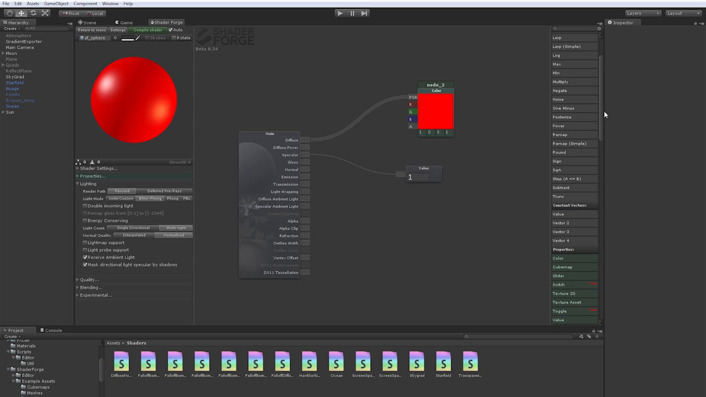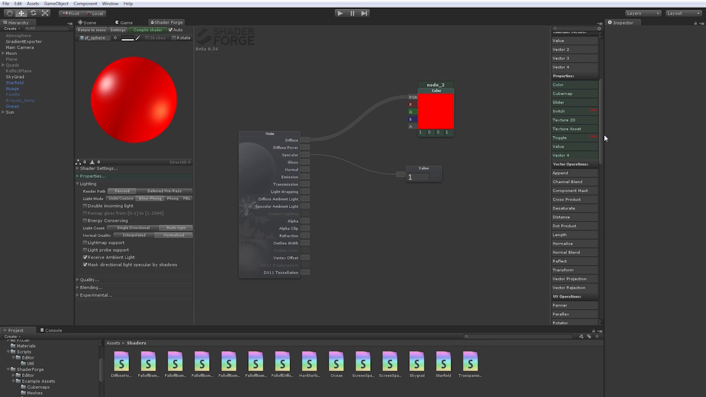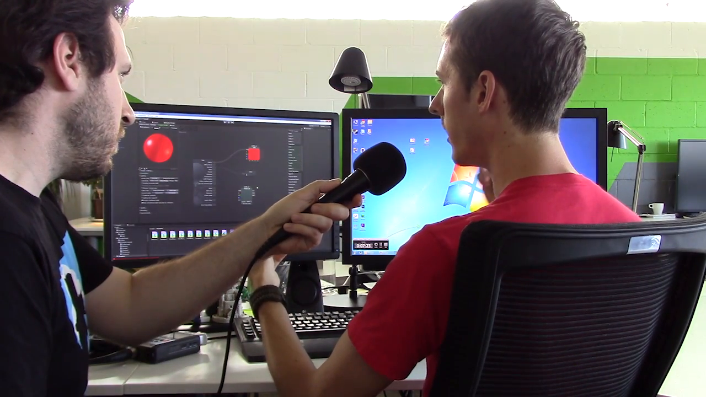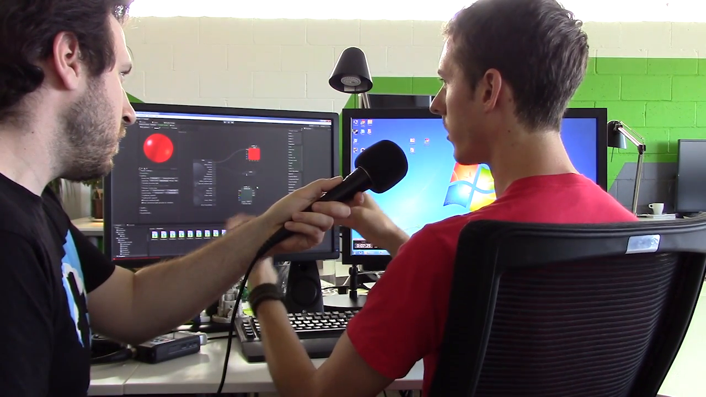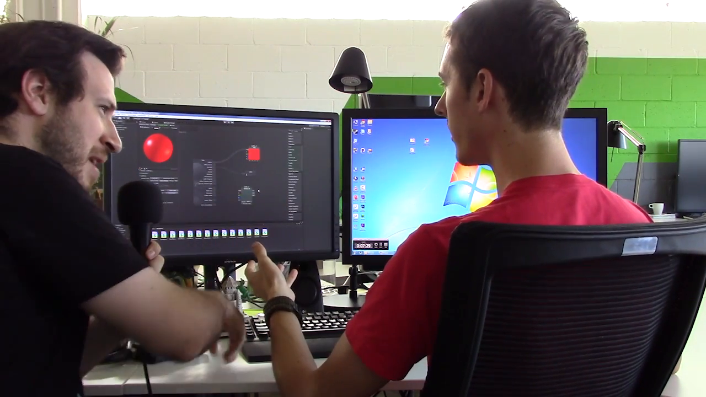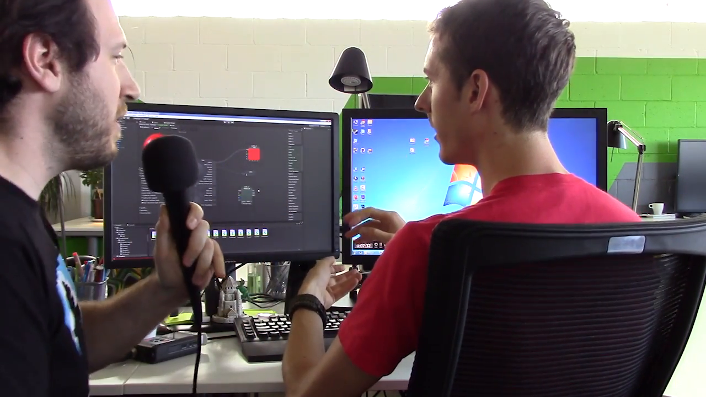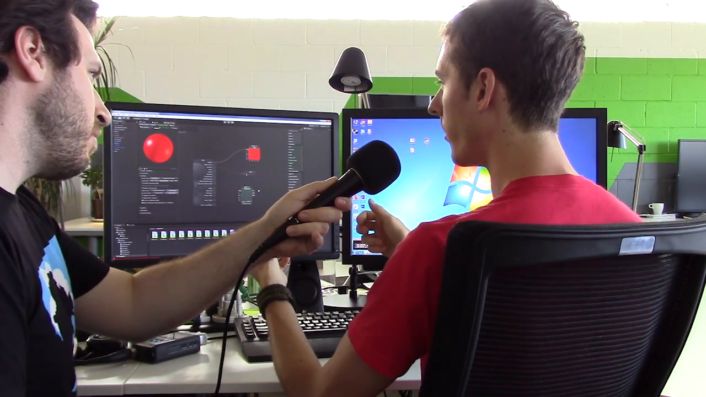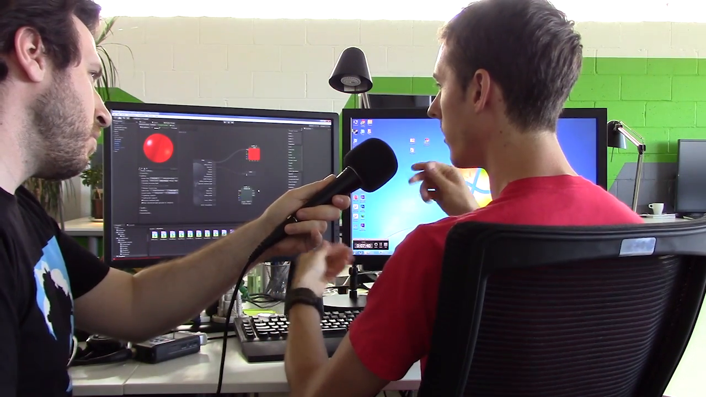Normal maps are basically a way to bounce the light differently. It gives this false sense of depth. It's this detail on the surface that is not actually there. It's not in the geometry. It's in